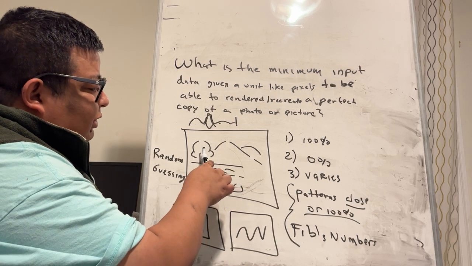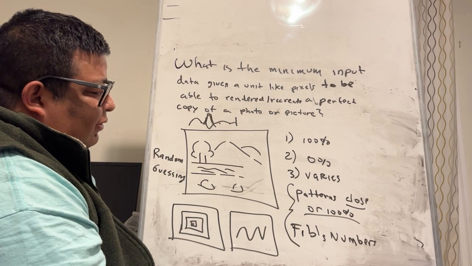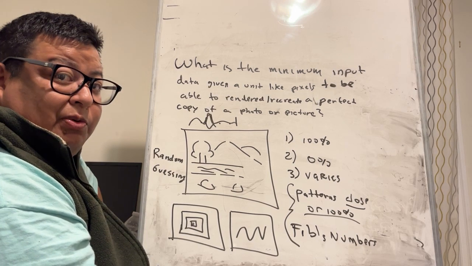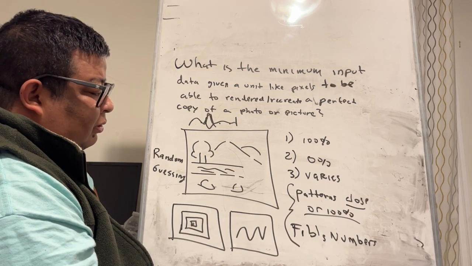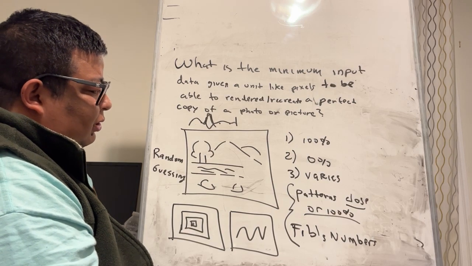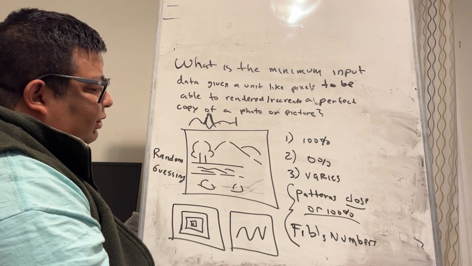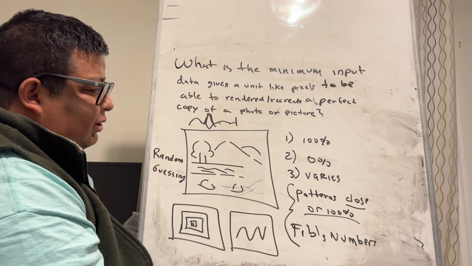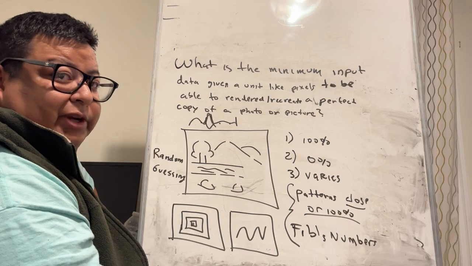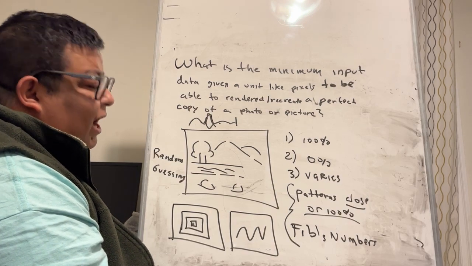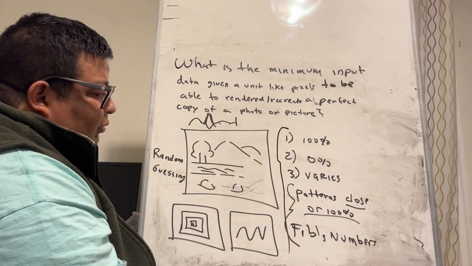For every object, or anything in nature, any human being or anything in the universe, there has to be a minimum number of input data needed to be able to recognize it and generate a prediction or recreate it. How accurate? Then we have to talk about these things. But at least